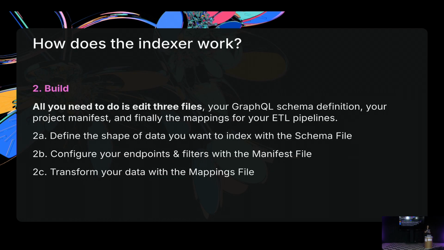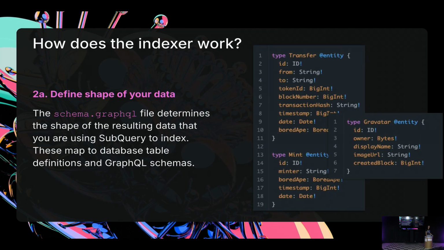You will also configure filters and endpoints in the manifest file. So this is like a configuration file, the entry level into the project, where you answer the question, what do you want to index and from which chain, right? So that would be the manifest file. And then we have a mappings file where the magic happens. So this is where all the data is transformed. The data coming from the blockchain in a raw format is transformed into the shape you defined in schema GraphQL and saved in the database. So those would be those 3 steps, and we'll go through them also looking at the code base. And then a deeper dive into how schema GraphQL can look.